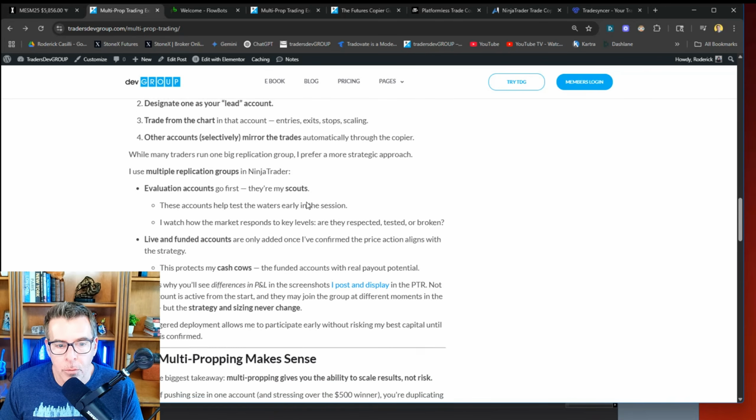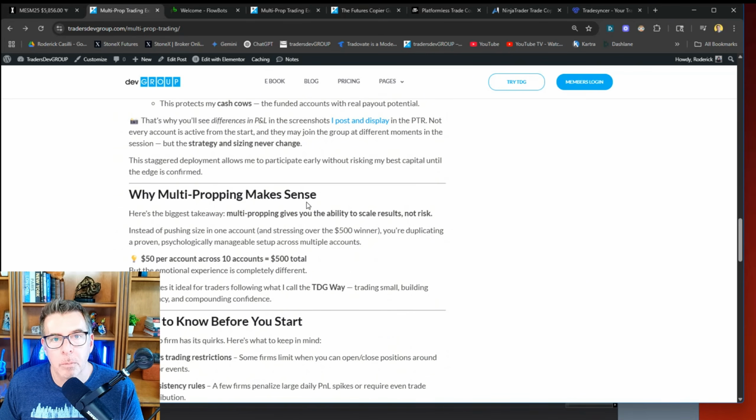And again, I go through this in a little bit more detail in terms of how I do it. I also set up what I call scouting groups, in other words. So the nice thing about trade copiers is, of course, it multiplies your gains. Well, of course, many of us lose and I lose, and we don't want to necessarily multiply losses all the time. So what you can do is actually play around with it a little bit, where you might have some groupings that you start with,